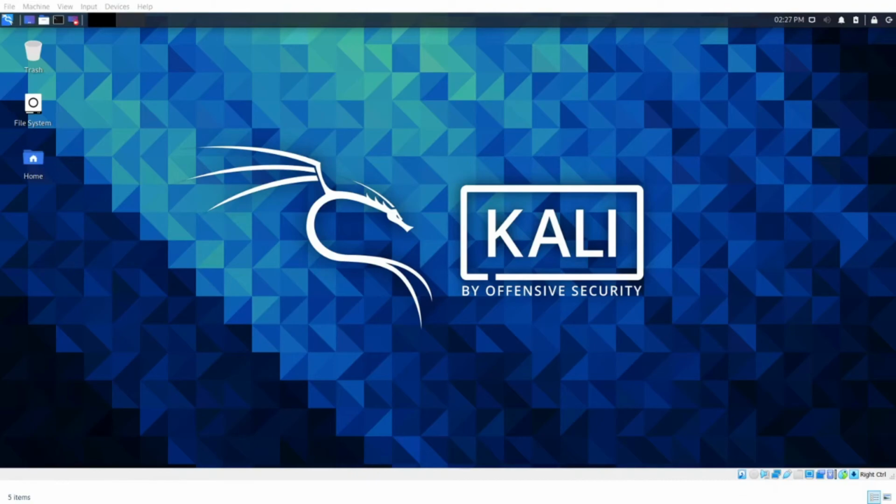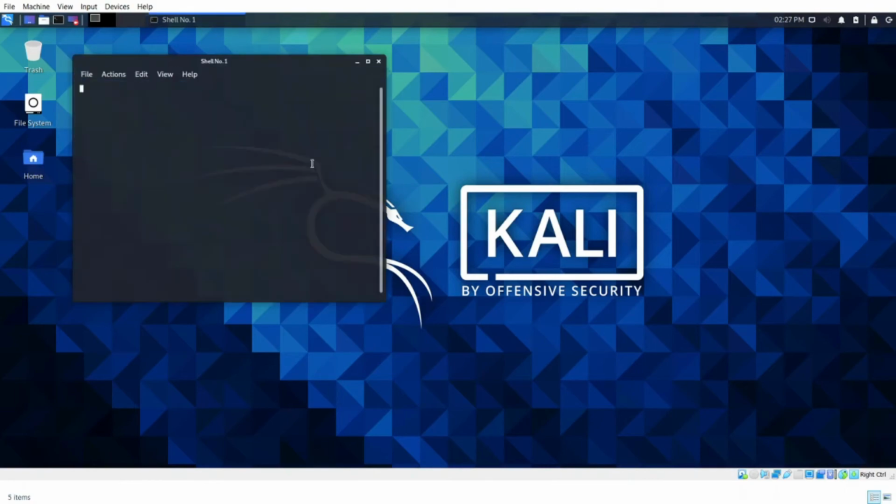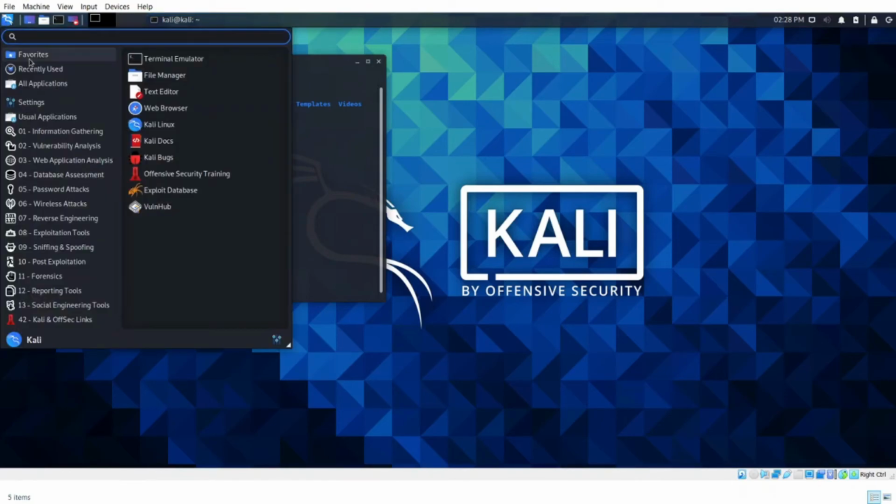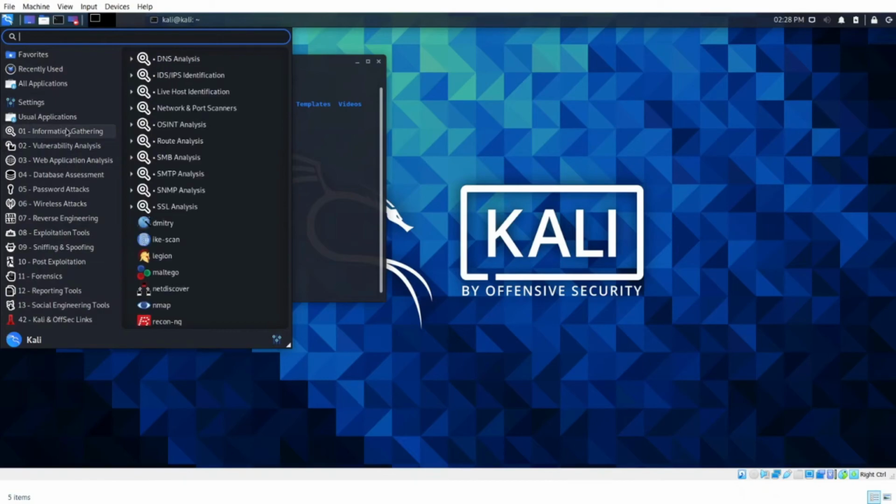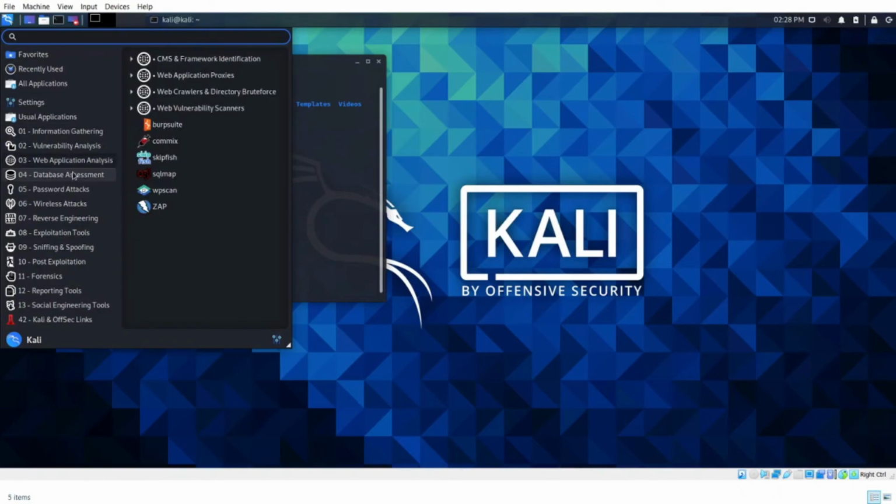As you can see, the Kali Linux by Offensive Security wallpaper. So click here to see the terminal window. Let's enter some commands like ls and pwd to see the present working directory. On the top left corner, if you click on it, you can see that it has a lot of different tools for information gathering, vulnerability analysis, web application analysis, password attacks, wireless attacks, and many more. I will try to make a video on each of them. And the installation process, as I showed you, is the same on Mac OS and Ubuntu as well. So you can follow the same steps on other operating systems too.